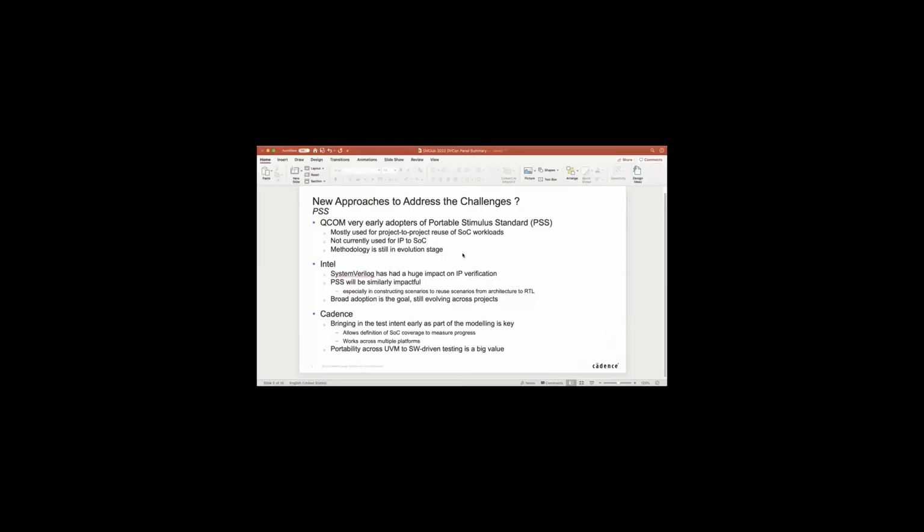They're not currently using it for IP to SoC, so there is still more productivity gain through IP-to-SoC reuse that they may be able to realize, but the methodology is still at an early stage. So there's work to be done. In a way, you can liken this to the early days of constrained random, and that methodology plays a key part in shaping the benefits you get from the reuse.